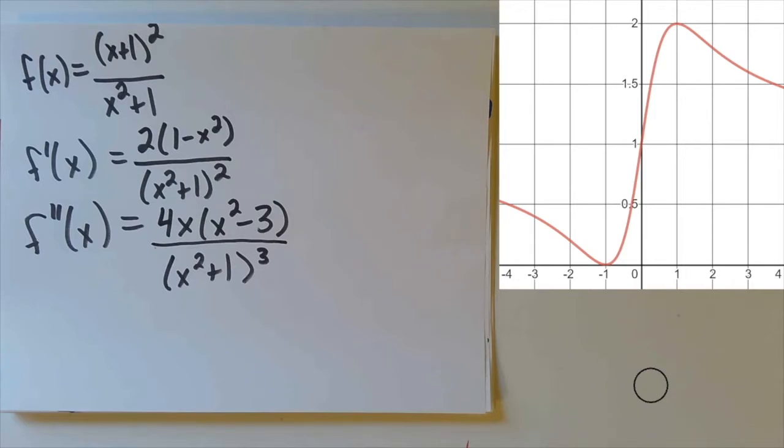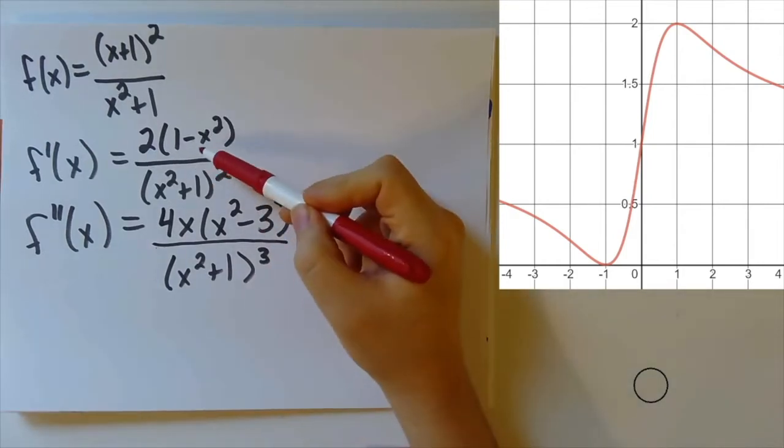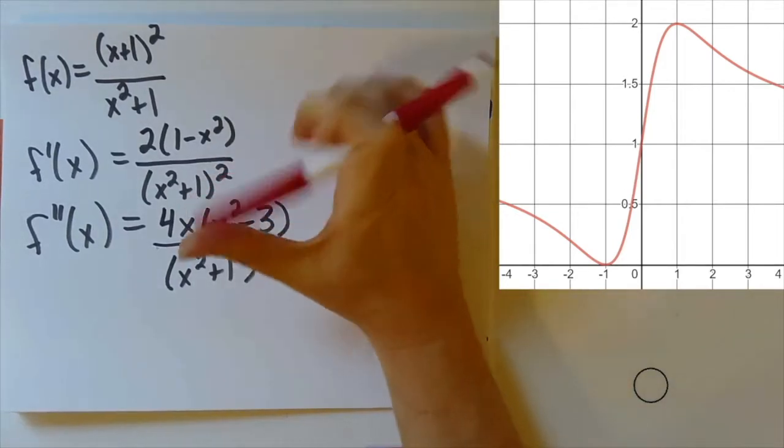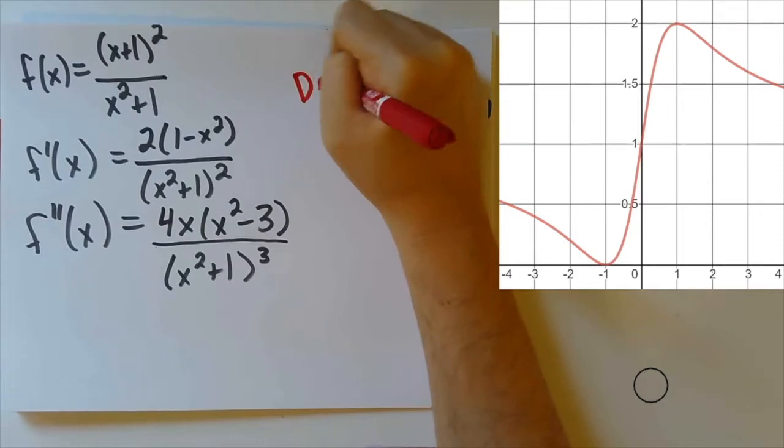Okay, I hope you have gone over this. So here's the things I need. I need to know when the derivative is 0, and I need to know when the second derivative is 0. Okay. So the derivative is 0